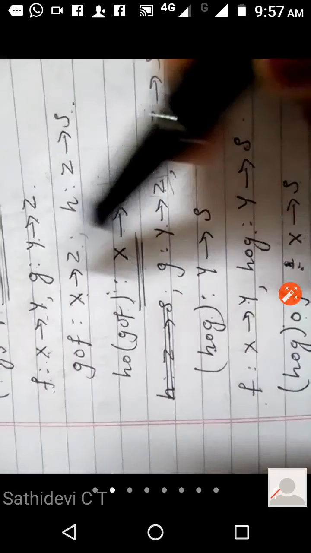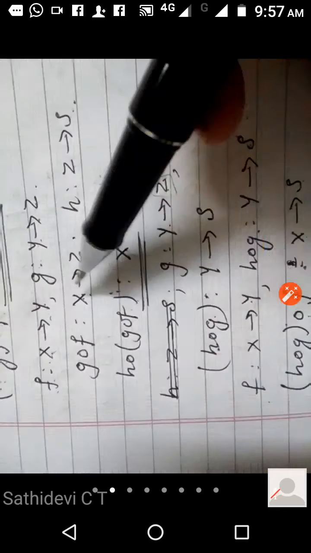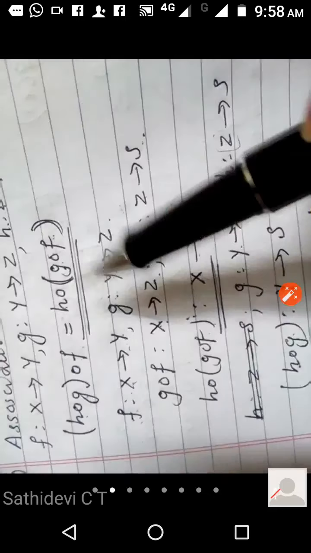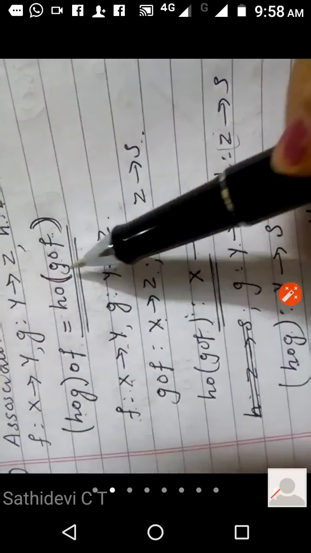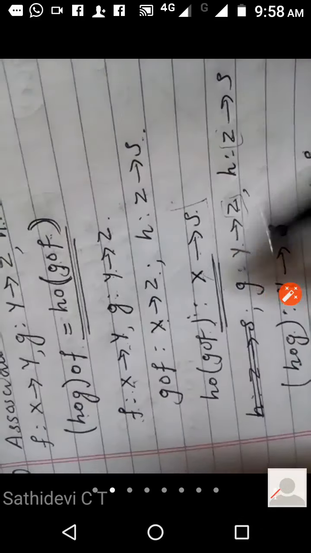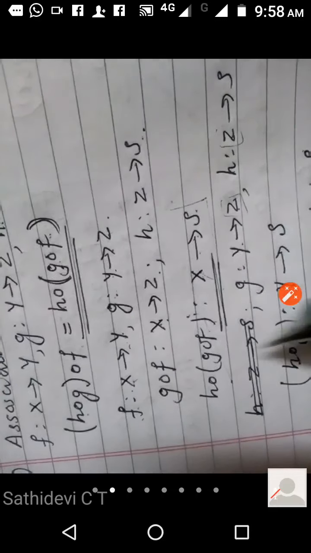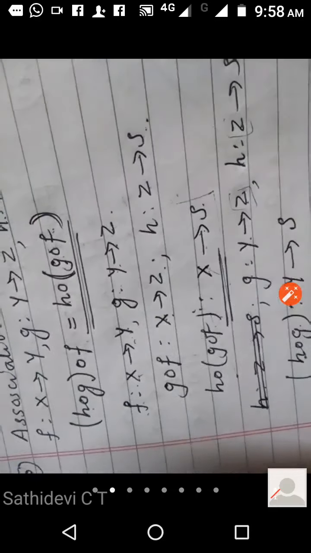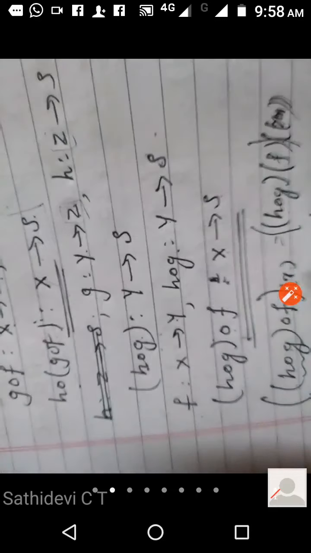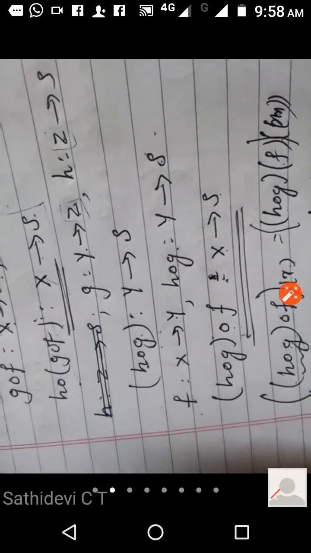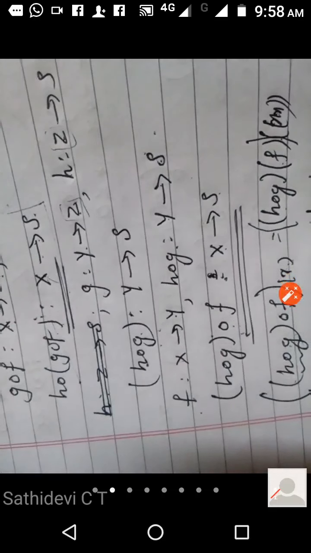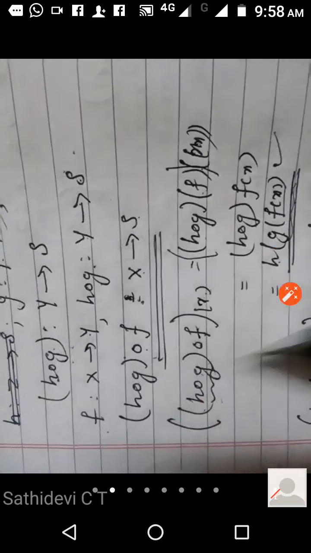Proof, I don't think it is important, but you just go through it. Nowadays 1 mark, 2 marks questions are there. We can expect any type of question, so don't get confused. You are showing both domain and codomain are equal. Then only both the functions can be equal. That's what we have done here. And then here you have shown fx equal to gx. If two functions are equal, then the corresponding ranges are also equal. That is what we have shown from this point.